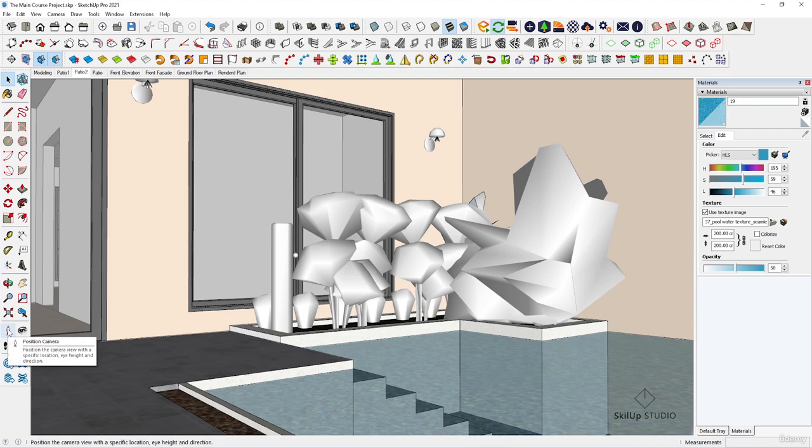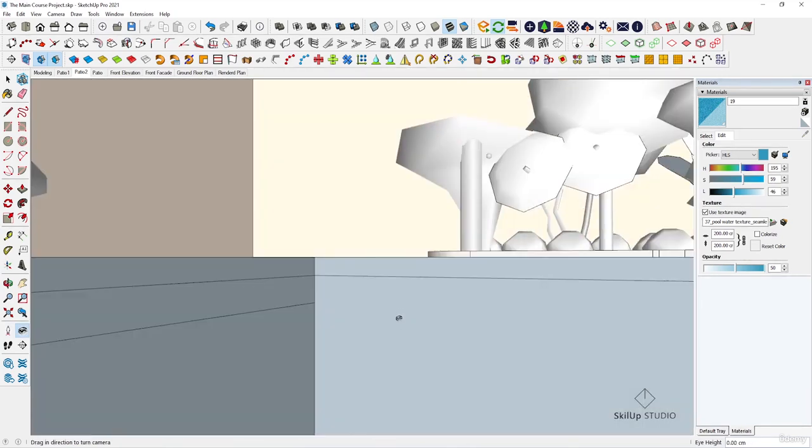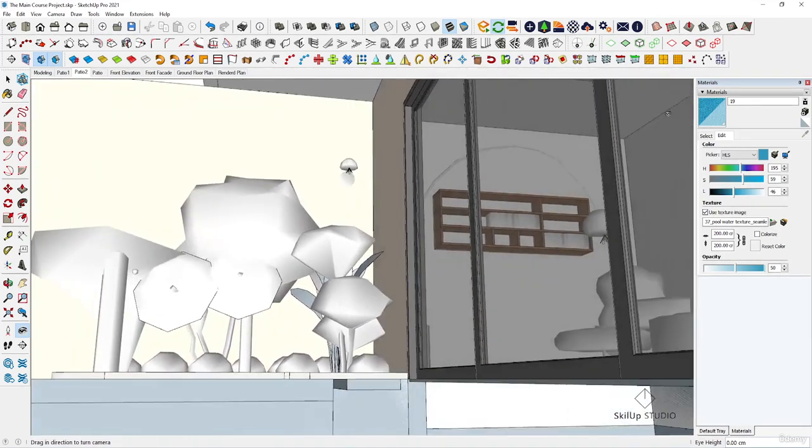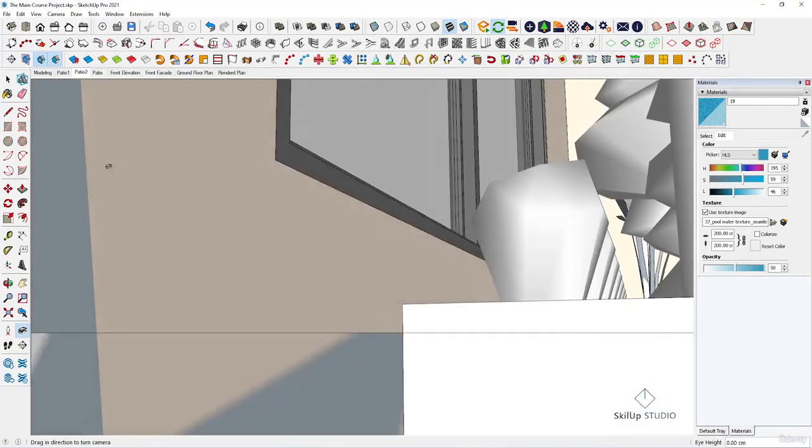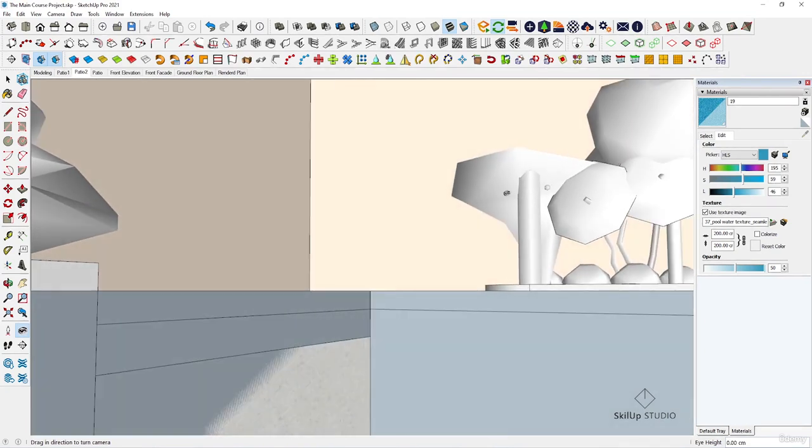First tool is position camera, as previously explained. When we choose it, we select the camera position, then we select a point that the camera is aimed at. We will find the look around tool, turn it on like so. We will notice that to turn the camera, we drag in a direction whether right or left with the look around. Also, we will be able to set the height of eye